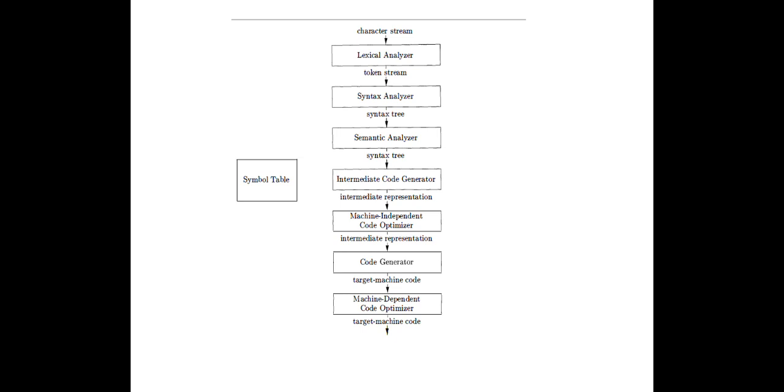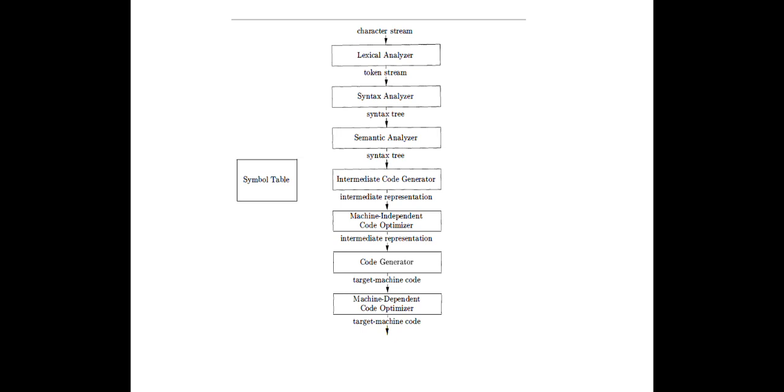And then in the third phase, the syntax tree acts as an input, and once again we produce the syntax tree with proper semantics. And the next one, using the intermediate code generation phase, we generate some intermediate code. In intermediate code, using some temporary variables, we generate some code, but we have a larger number of lines over there.